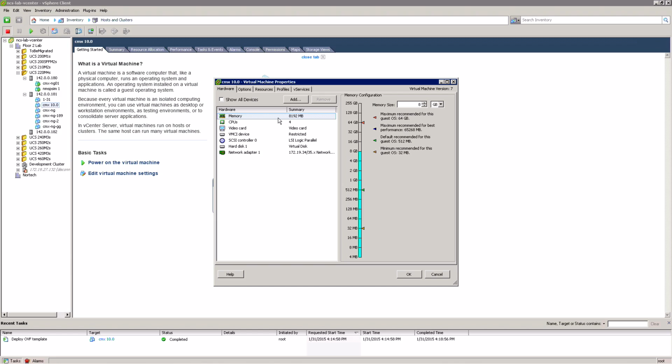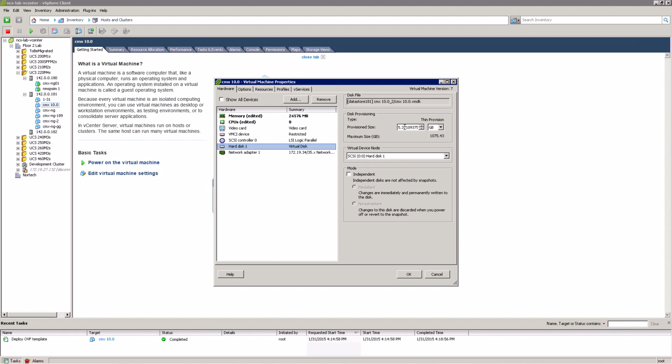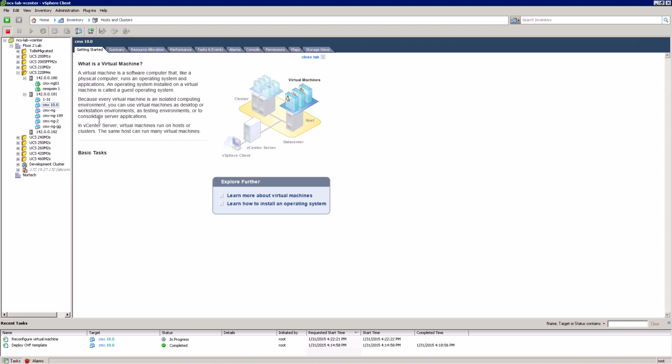You want to make sure that the memory is set to 24 gigabytes, CPUs are set to 8, and that the hard drive is set to 250 gigabytes. Click OK. And then you can start the virtual machine. Go to the console